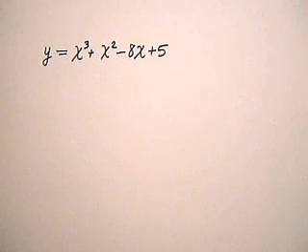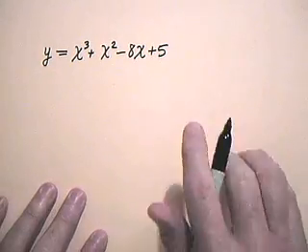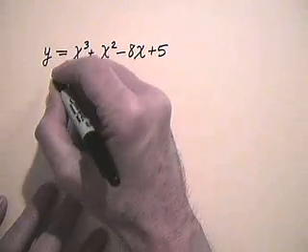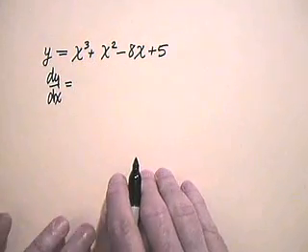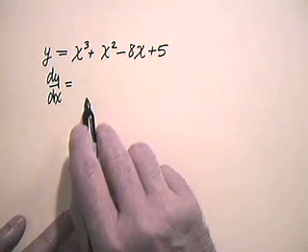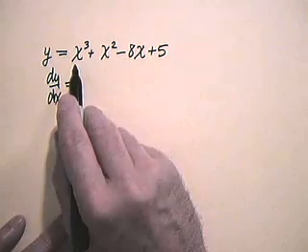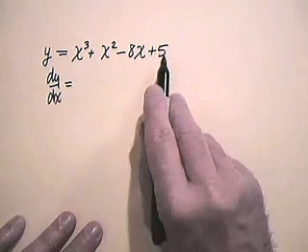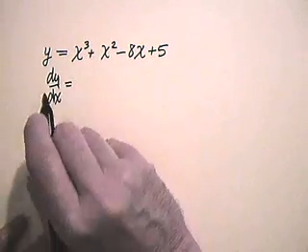Here, I have the function y equals x cubed plus x squared minus 8x plus 5, and I want to find all the local extreme values and where they happen. So that means what I want to do is differentiate and set the derivative equal to 0, solving to find every place where the derivative is 0, and as well look for places where the derivative is undefined. Well, we see that's a polynomial, so it's differentiable everywhere, and consequently we're just looking for places where the derivative